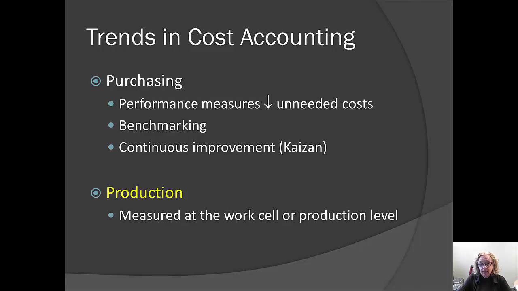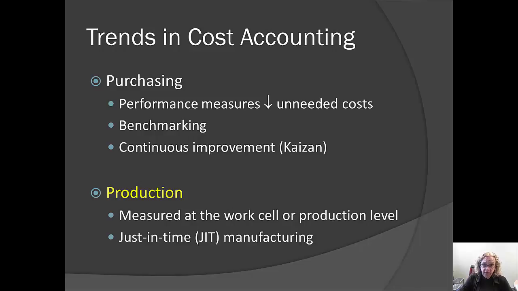Another way that we might be able to improve our production is by considering moving to a just-in-time inventory system. Most firms spend a lot of money just carrying inventory. They have to order the inventory, inspect the inventory, record it, store it, move it around, take it out of storage, bring it to the production facility.